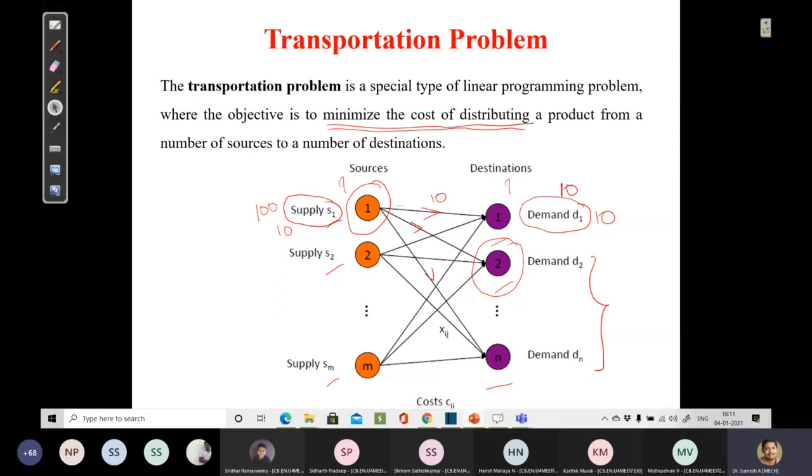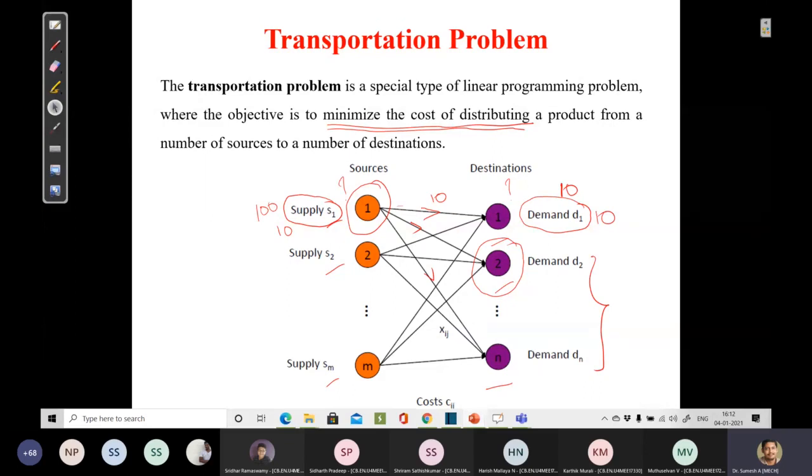So you have to see in which route, in which way the minimum transportation cost is incurred. Basically, transportation modeling is an extension of your linear programming model, in which we are going to see this model as a cost minimization model. So the objective function of your transportation problem is always to minimize the cost.